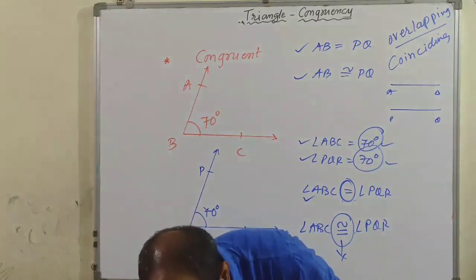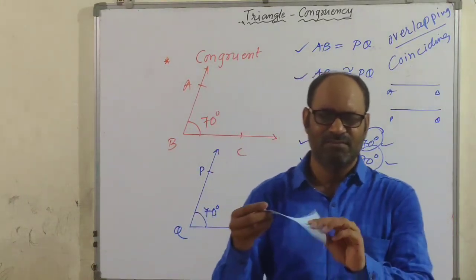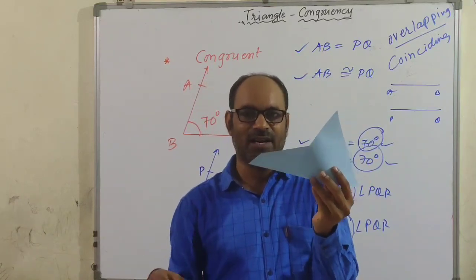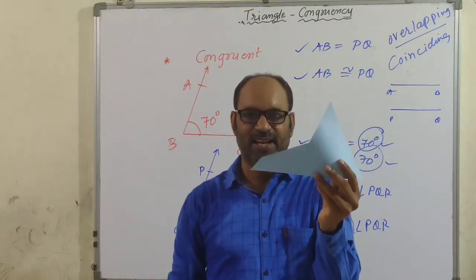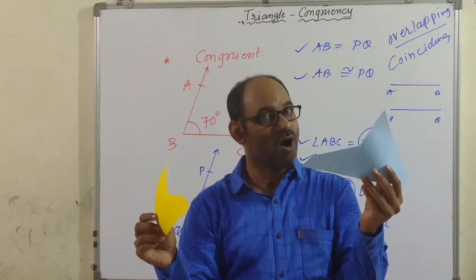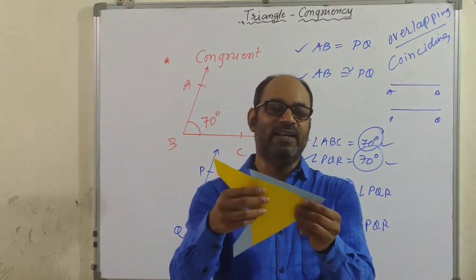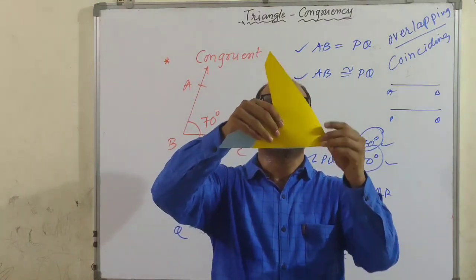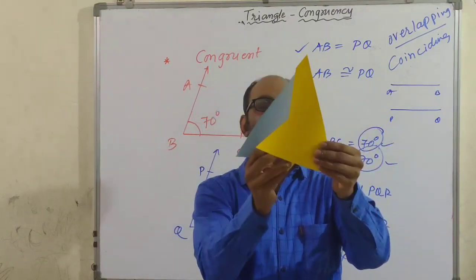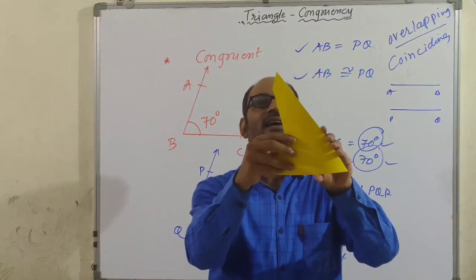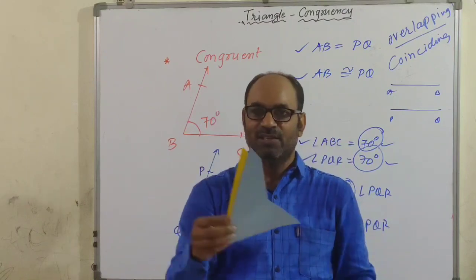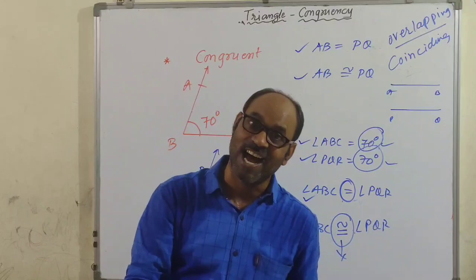Fine. Now, this is some shape, but not a routine shape like a triangle or quadrilateral. Some geometrical shape is there. Correct? Now, a similar shape I have here. Are they congruent? Now, let's see. If I try to arrange like this, no, they are not. If I try to arrange like this, no, they are not. If I try to arrange like this, turn it in, yeah, here you can see they are congruent. So these two objects are congruent because their measures are equal.